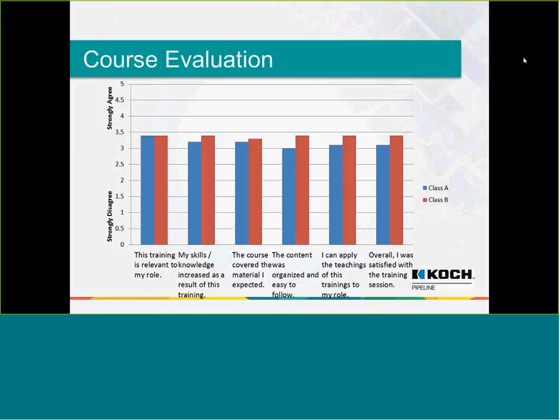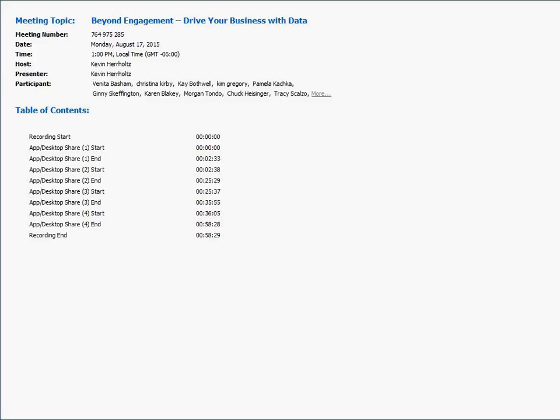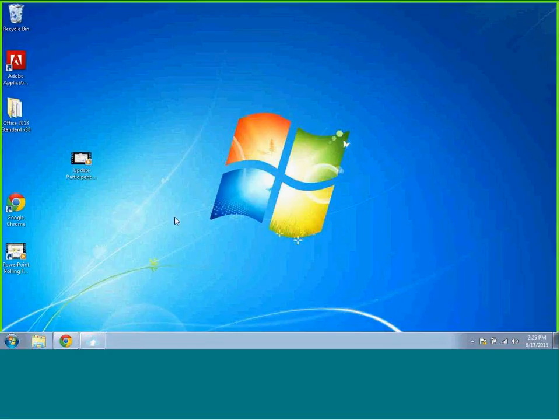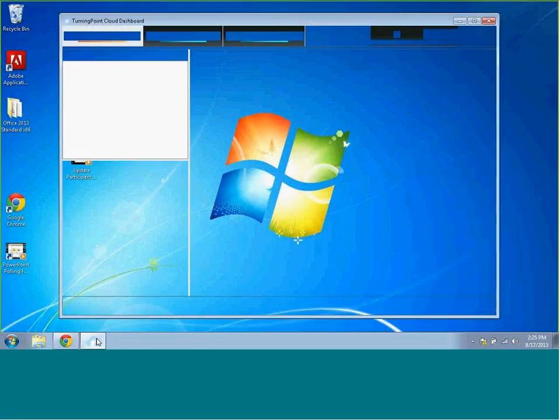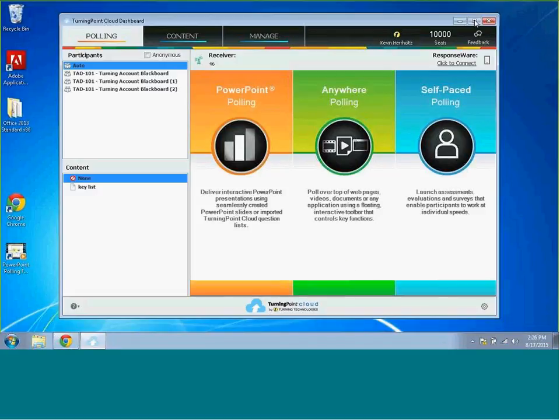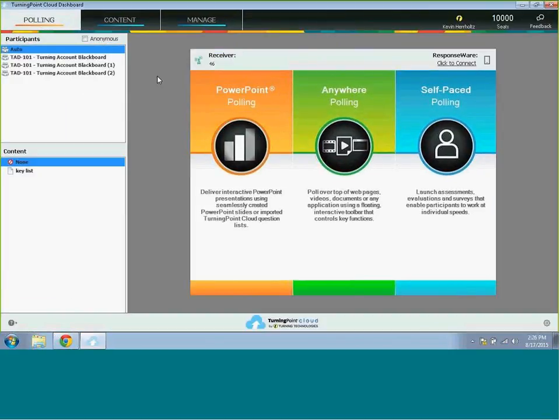All right, so ladies and gentlemen, what I'll do is go ahead and take control back of the presentation. So I'm going to make myself the presenter. I actually had a few slides built, but I said, rather than show some slides, why don't I just get into this Turning Point software so we can see exactly what Renee is referring to and what it's all about. So I'm going to do exactly that. So at this time, you should be viewing my screen, and I do have this Turning Point software opened up.